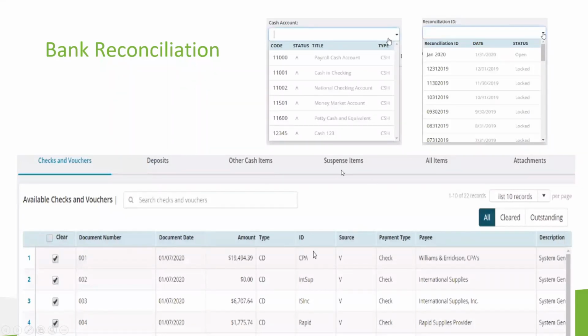Let's say you have irreconcilable items. Well, there's a great place for them. Let's go ahead and move them over to suspense items. For QuickBooks users, I've heard that this is what you would use for items that you can't carry from one month to another. There's no separate designation, and I've heard some pain around that topic.